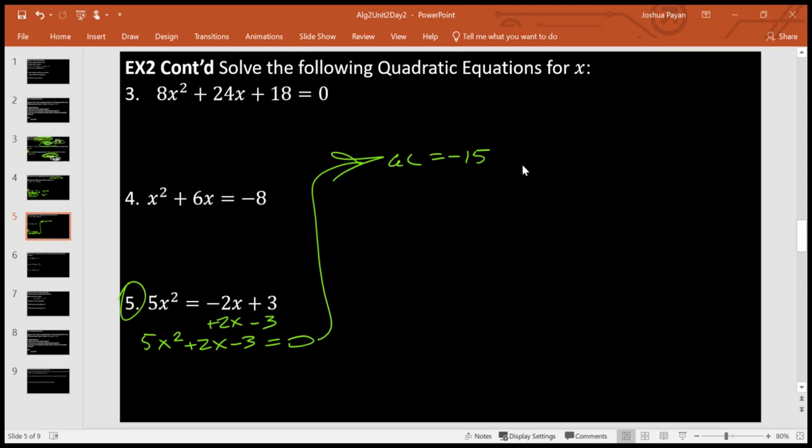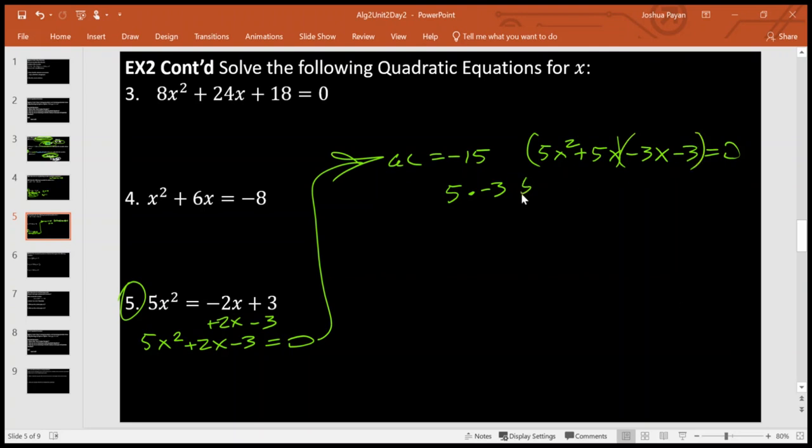And now I can rewrite this, splitting bx using the factors of AC that combine to give me this positive 2, which I know is just going to be positive 5 times negative 3. So that's just going to be 5x squared plus 5x minus 3x minus 3 equals 0. Group